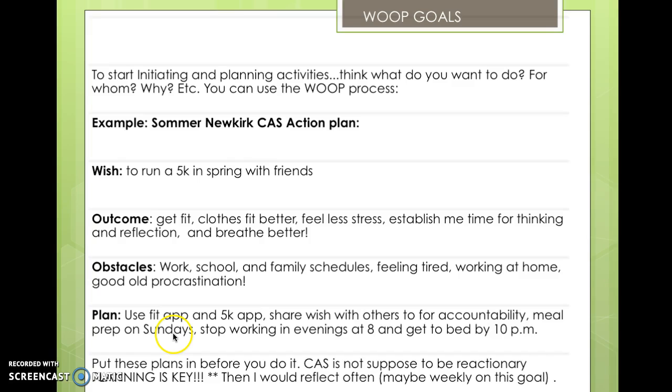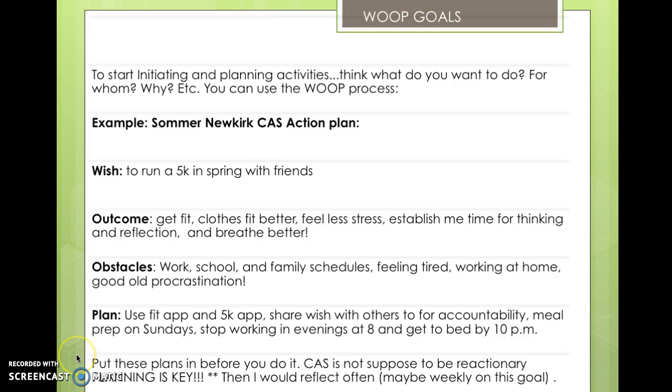I also meal prep on Sundays, otherwise I will just throw garbage in my face because I'm too busy to stop and think about whether or not I have something healthy. I just eat junk and that really slows me down. Also, like I said, I need to stop working. I set myself at 8 p.m. as when I need to stop working and try to go to bed, because often I'm too tired since I go to bed at like midnight. I haven't been doing so good on this one right here. My plan is definitely falling through, so I need to fix this.